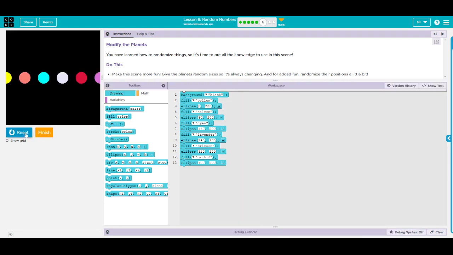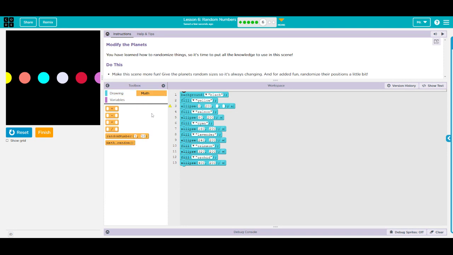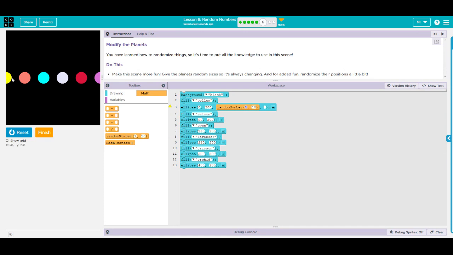Okay, so right now if I press run, here's all the planets that I have. If I want to randomize their size, one thing that I can do instead of the ellipse being, so this first ellipse on line 3 is 0 to 100. One thing that I can do is I can click the little arrows next to 200 here, and then I can put in a random number. And I want this ellipse here to be a random size between, say this first one I want to be anything between,